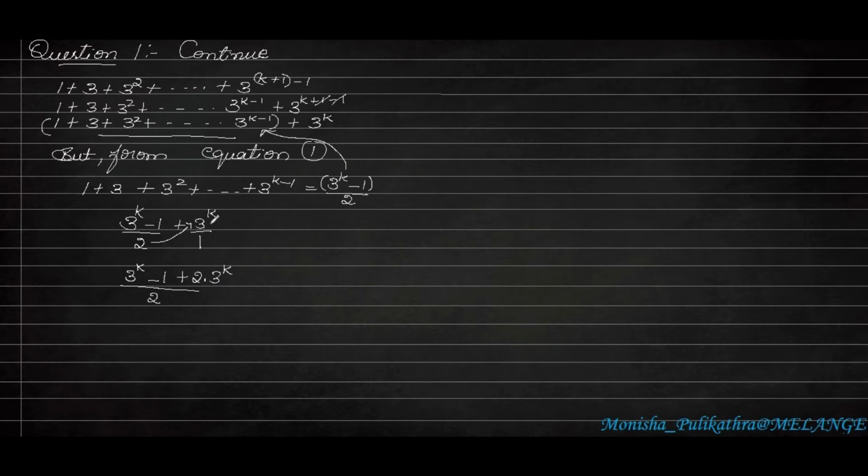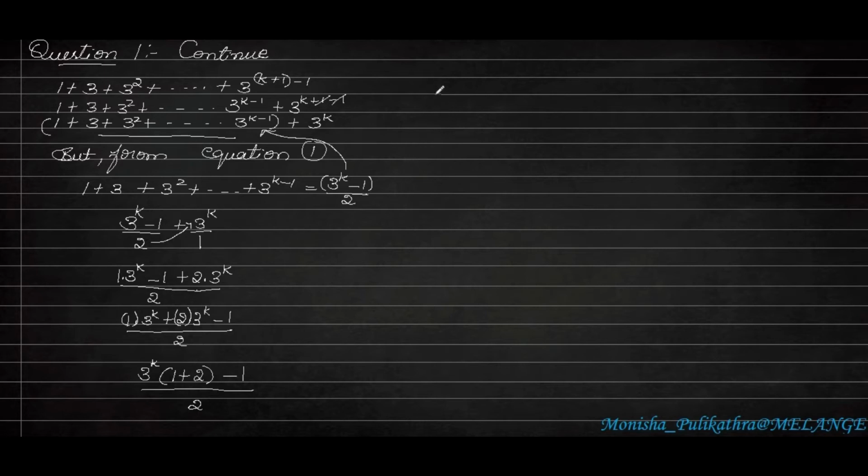Okay, so it will just cross multiply because of the LCM. Next, here it is 1 into 3 to the power of k. Here it is 2 into 3 to the power of k. So I will be rearranging it. That is 1 into 3 to the power of k plus 2 into 3 to the power of k minus 1, I will be writing as it is, divided by 2. Here 3 to the power of k is common, so I will be taking 3 to the power of k common. Remaining is 1 plus 2 minus 1 whole divided by 2.